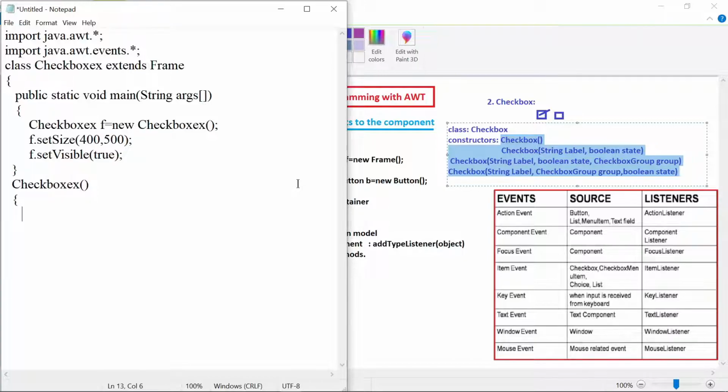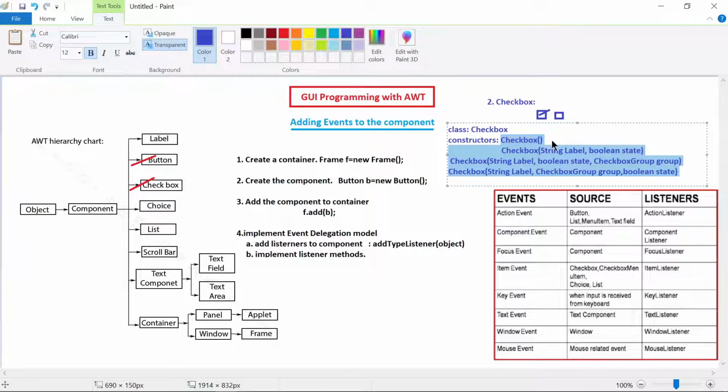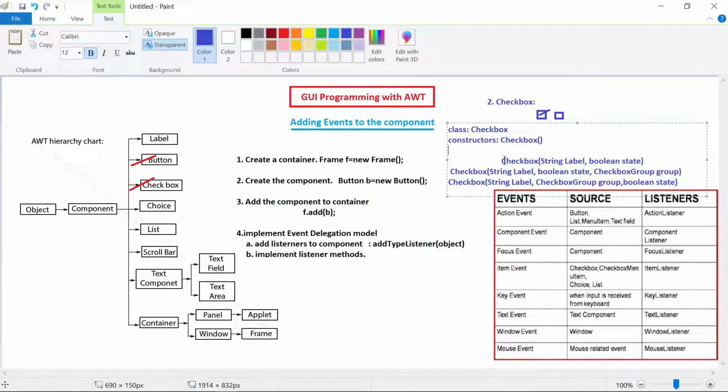Okay, we have one more here. Instead of setting the option, we can create a checkbox with only string also.